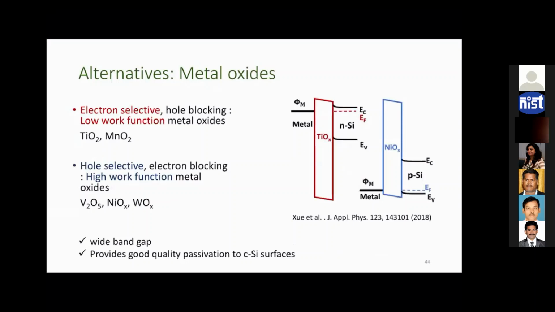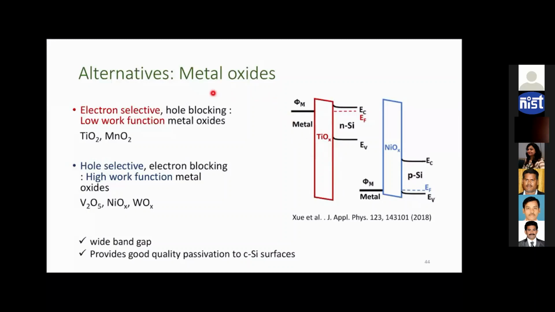Now, if these metal oxides are amorphous, how are they going to provide good conductivity? Because in crystalline material, usually because of their high mobility, the conductivity is higher in terms of carrier collection compared to its amorphous counterpart. Now, if I am incorporating metal oxide to form a heterojunction and I have to passivate the silicon surface well, so I have to use the amorphous form of the metal oxide, then how is this going to help in conductivity?